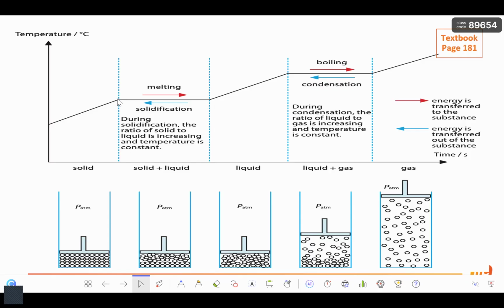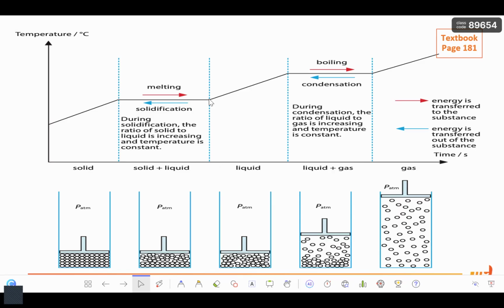So during this process, no energy goes into the kinetic store. That's why, you know that kinetic energy is related to temperature, the temperature doesn't change. The temperature remains constant. If it's water, then the temperature will be 0 degrees. During this process, temperature remains constant, kinetic energy remains constant, and particles are gaining potential energy to overcome the forces of attraction. Once all the forces of attraction have been broken, it has changed state to liquid. So over here at the second blue line, at this particular time, all the solid has melted